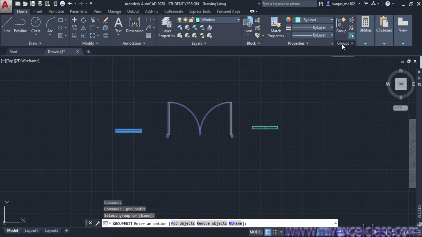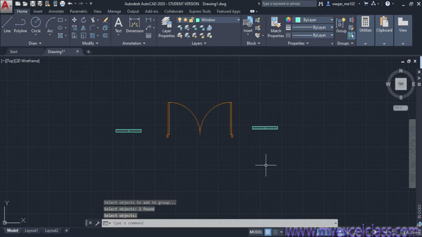Here was the original group, and I want to add this block into this group. Now it's asking whether you want to remove something from this group, or add something new. Suppose I want to add this window into this group. I will click here on add object. Now I need to select which object I want to add, then press enter.